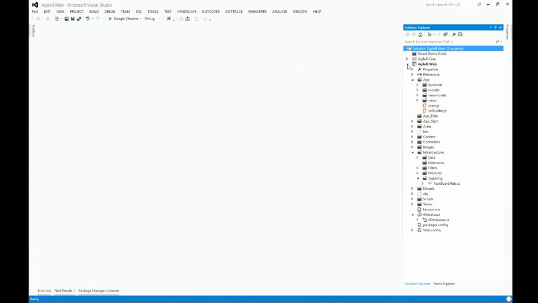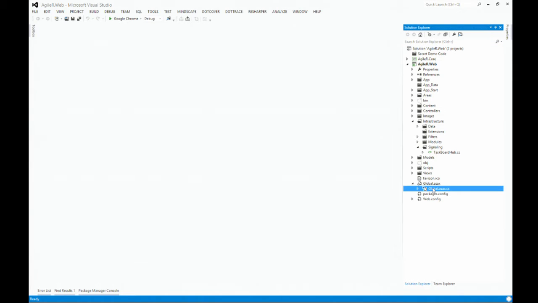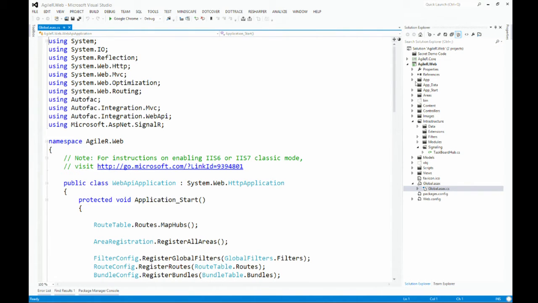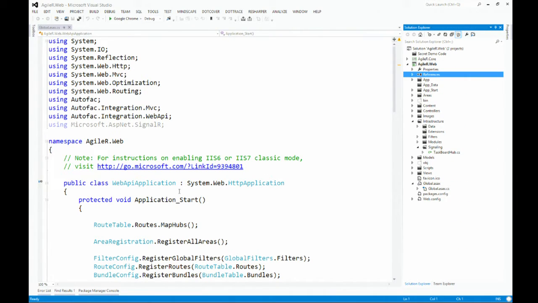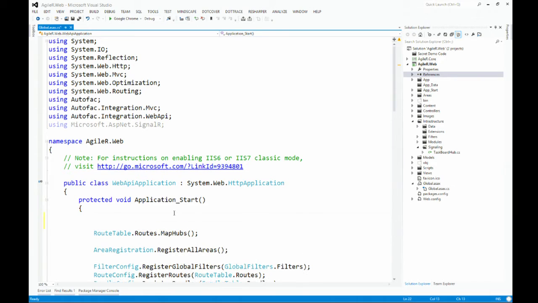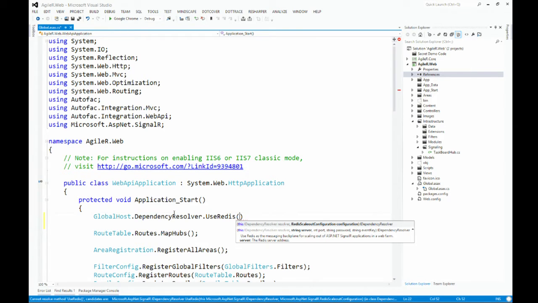Okay, so how hard is it to make our web app use the Redis pub/sub stuff? We go into the Global.asax and check the references just to make sure. Yep, SignalR.Redis is there. Always good to check. Sometimes I don't trust NuGet. All we need to do now is type in GlobalHost.Configuration.DependencyResolver. SignalR has its own dependency resolver. .UseRedis.